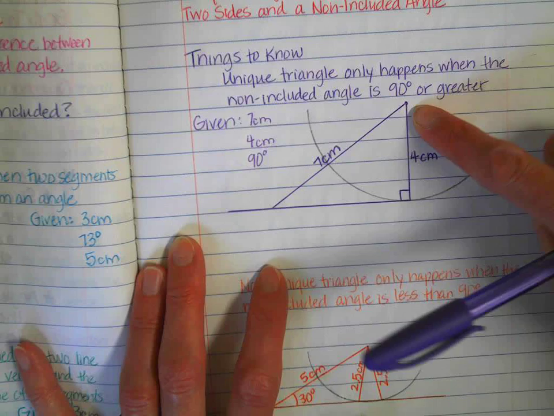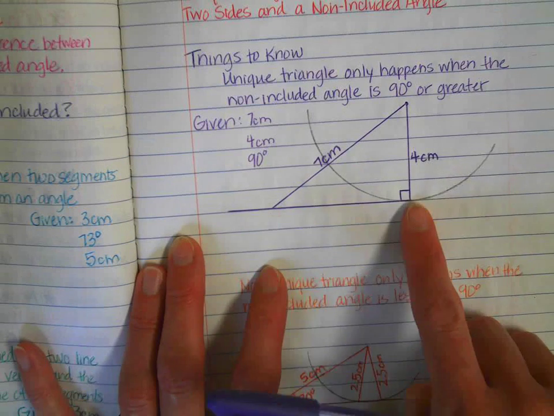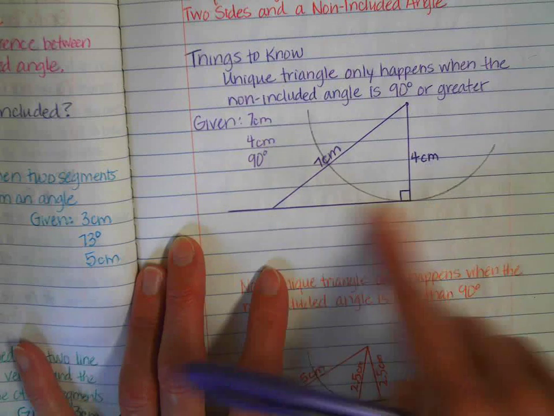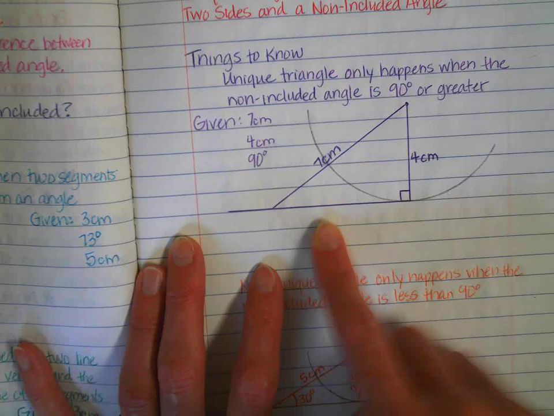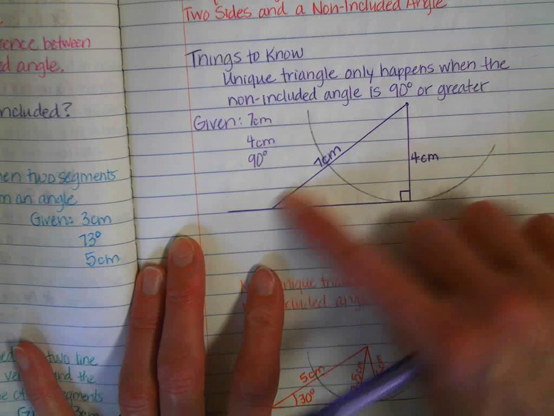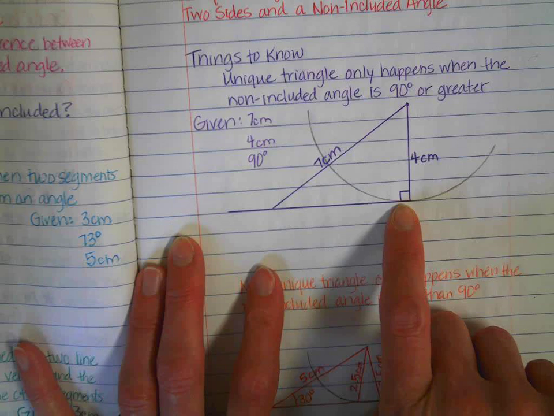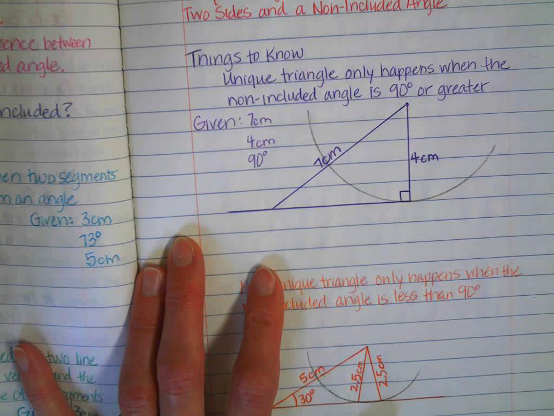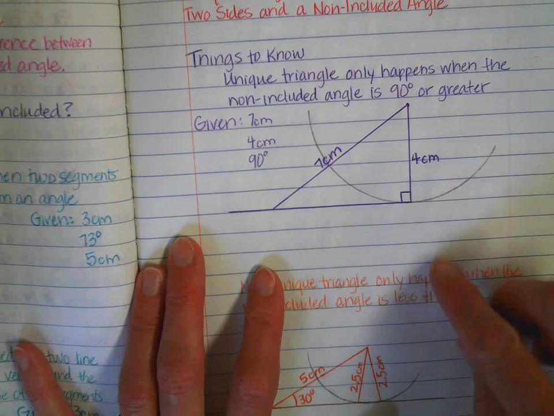So this is the vertex where the 7 centimeters collides with the 4 centimeters. You can't use this vertex or this vertex because this is not the side that was given. The sides that were given were these 2 right here. So basically, you draw your side lengths, making sure that it's creating that 90-degree angle, and then what you do